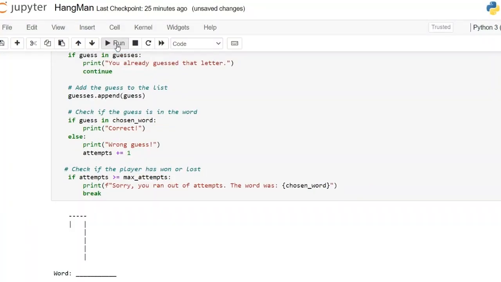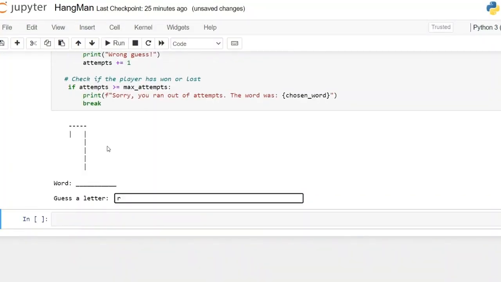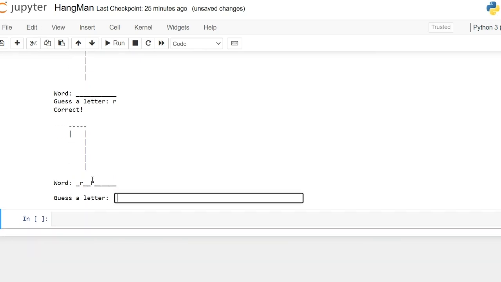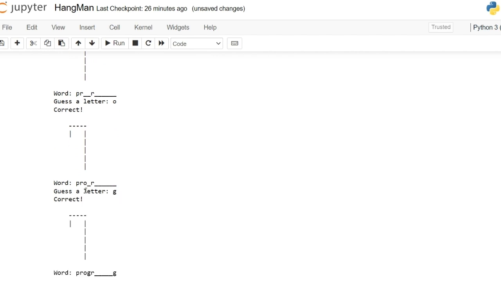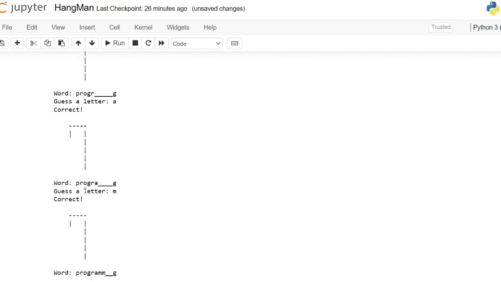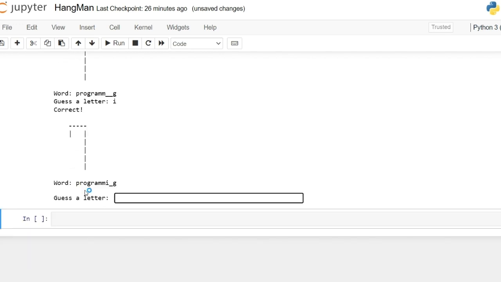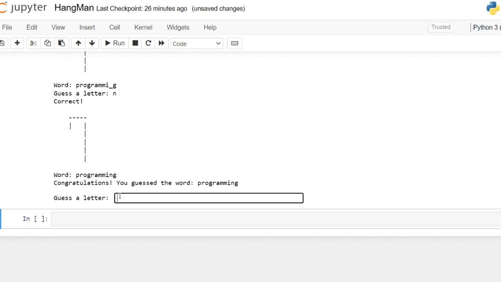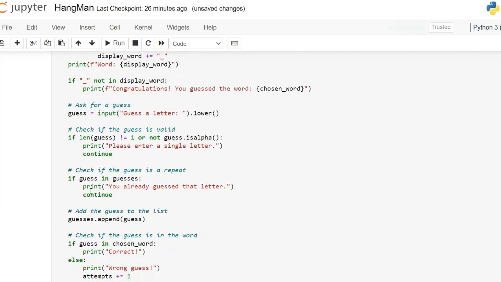So let's try again. Let's guess our word. We have R, and then P. We have G, and this is programming. And see now the final letter, we should get the congratulation message immediately I hit enter. Yes. So before asking us to guess a letter. And if we run it again,